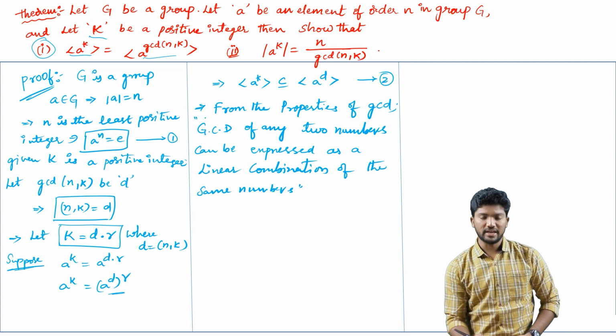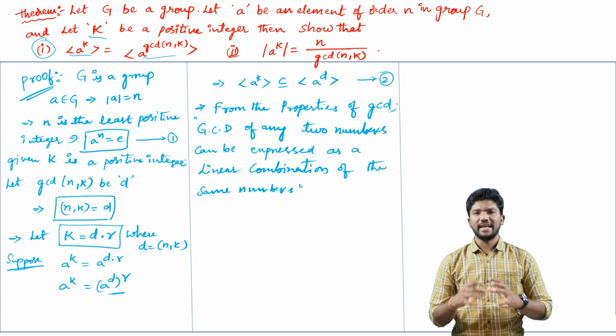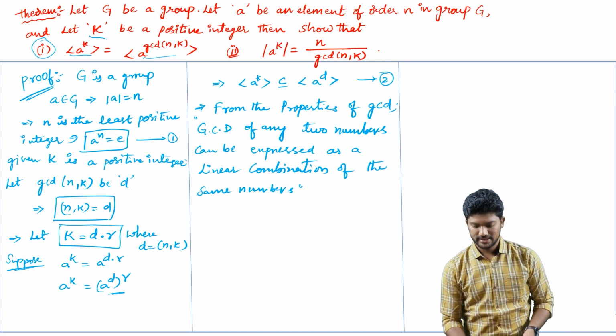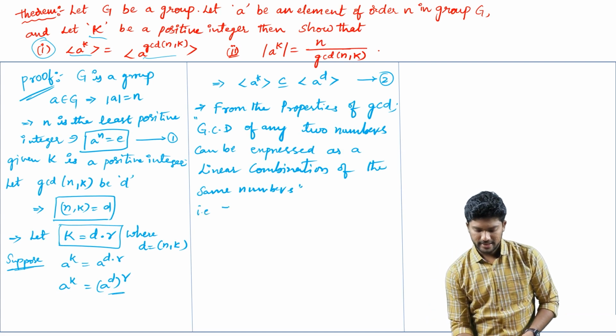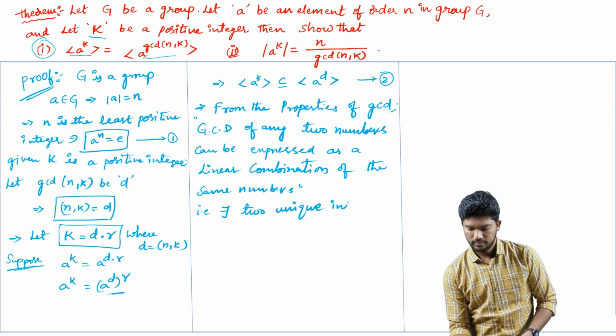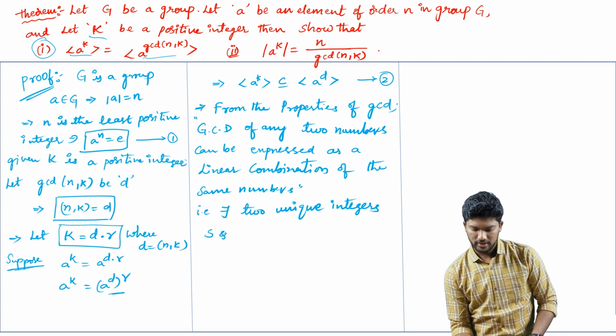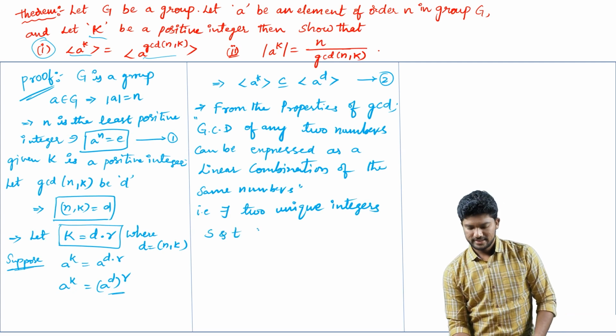This is one of the properties of the GCD of any two elements. That is, there exist two unique integers s and t, such that